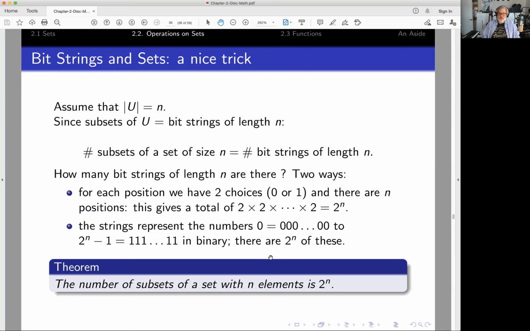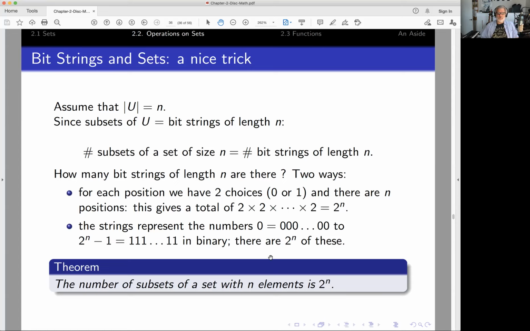How many sequences of zeros and ones of length n can I write down? Well, hopefully this argument will convince you. I have a choice of two possibilities for each position. So for the first position, I have either a 0 or 1. For the second position, I have either a 0 or 1, and so on. And I have n bits. So that's 2 times 2 times 2, n times. So that's 2 to the power n. Okay. If this doesn't convince you, and it's quite fine if it doesn't,